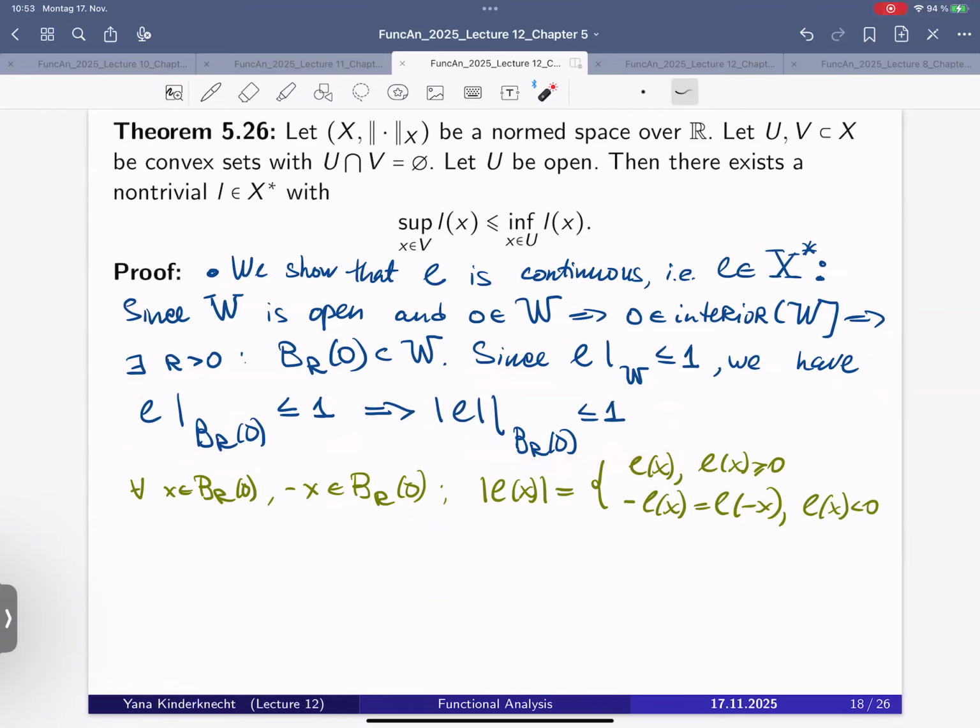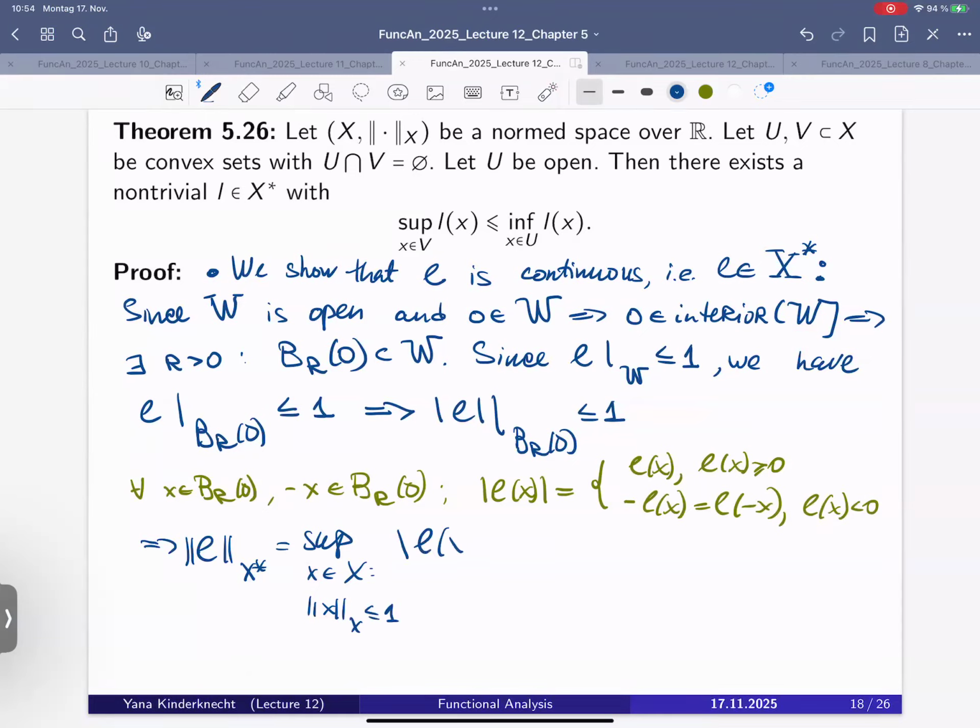Agree? Yes. Okay, but this means that the norm of L, I recall that this is the supremum over all x in X such that the norm of x is... Okay, I don't want to write it down. I mean, of course, we can. If I have started, okay, let me continue.